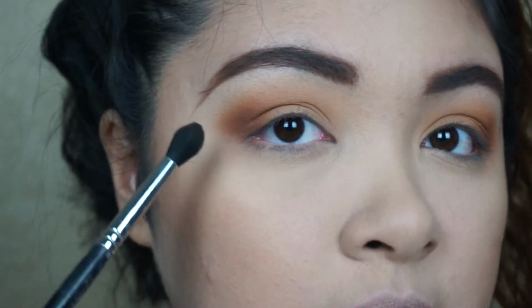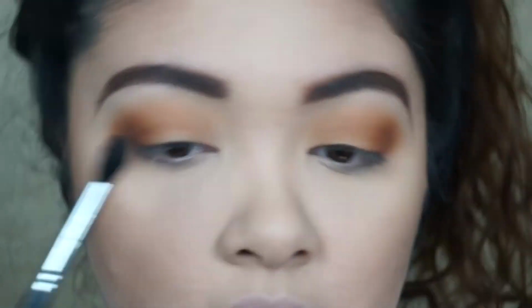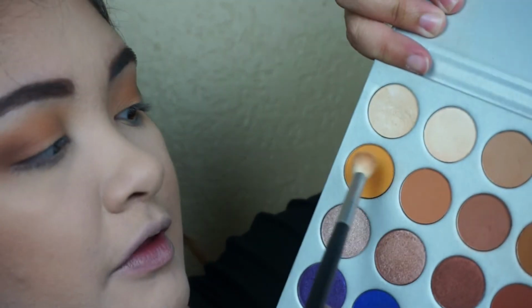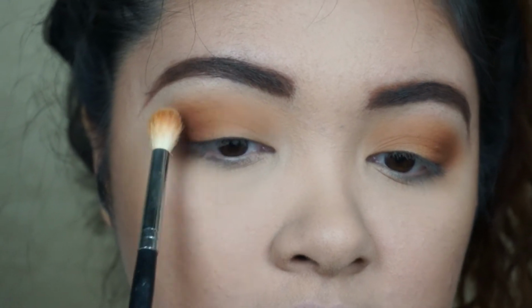And with the outer corner, I'm kind of just feathering it into almost like a V, because I am going to apply winged eyeliner just how she has. And I love that she loves wearing winged liner. Like, I wear it almost every single day. I'm gonna apply more of these two colors from the Jaclyn Hill palette, and I'm just gonna apply it in